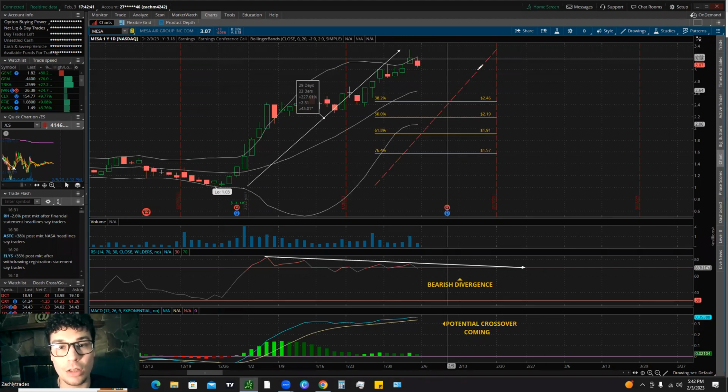Now, another thing we need to be a little bit cautious of is that we're at the top of our Bollinger Bands here. Now, typically, when you're at the top of the Bollinger Bands, you tend to see some type of a pullback, right? And you don't typically trade outside of the Bollinger Bands very much. Now, you can see here that the trend was very strong. Okay, we're trading outside of the Bollinger Bands, and we pulled back into the Bollinger Bands, but we moved sideways